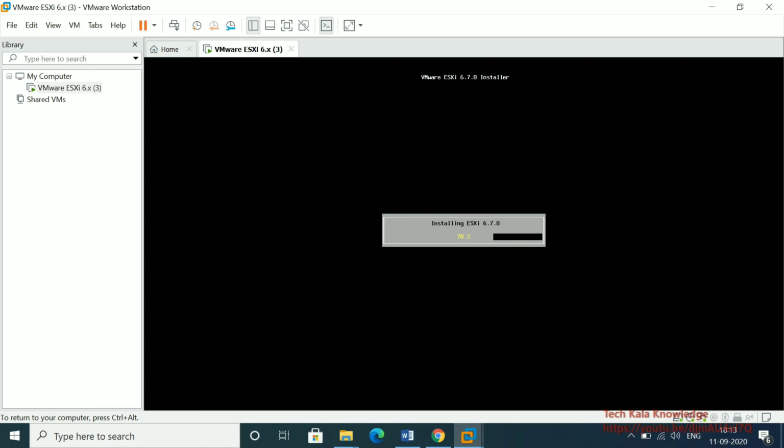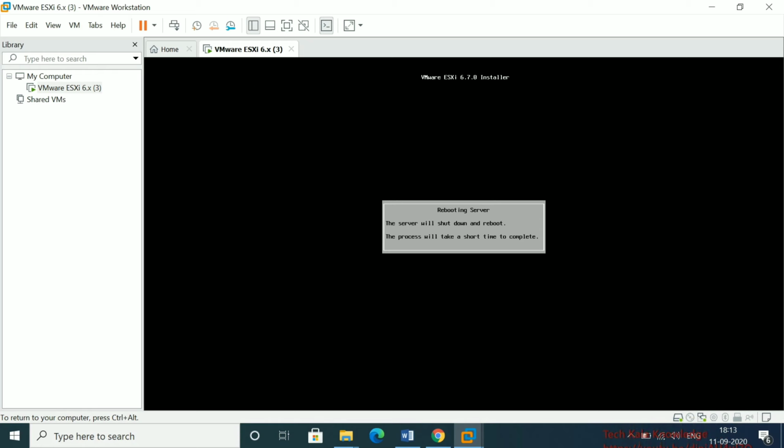Now you can see the installation completed successfully. Now it's asking to press Enter to reboot, so I'm going to reboot this host. It's rebooting, and it will take time.